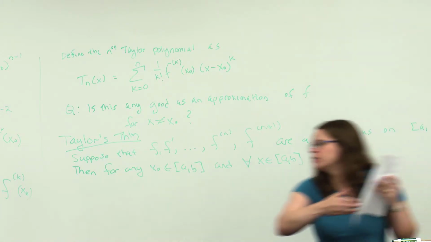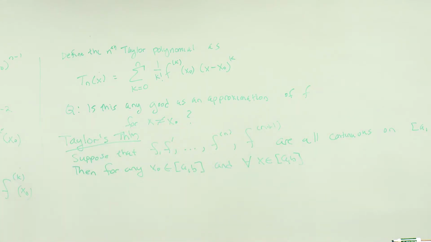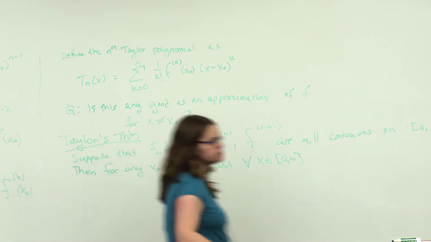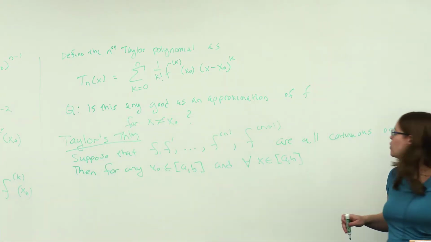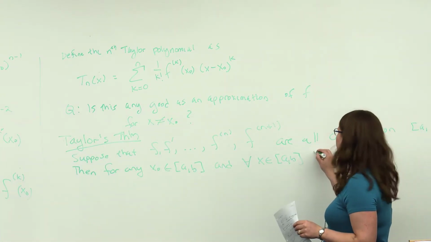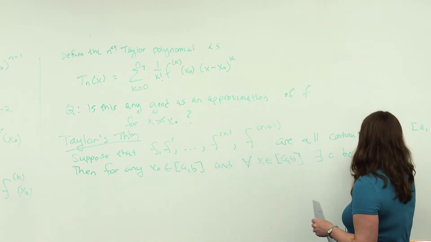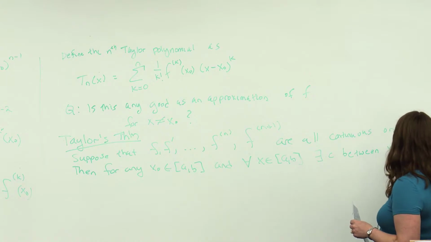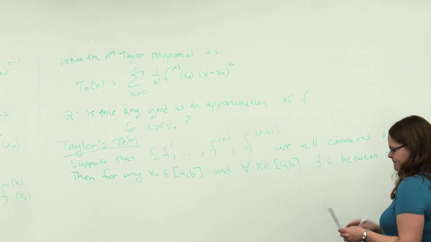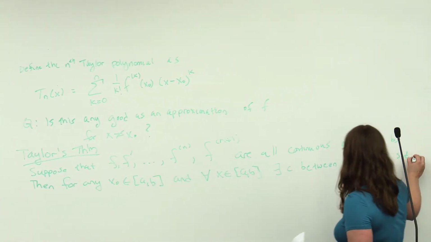And now we want to come up with some estimate on the error. Okay, so this is going to say there exists some point c between x and x naught such that